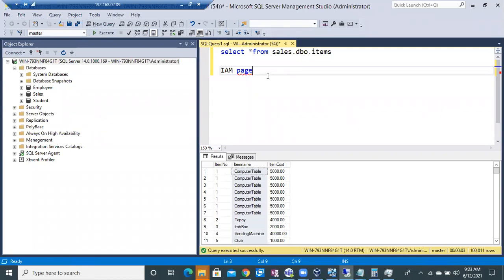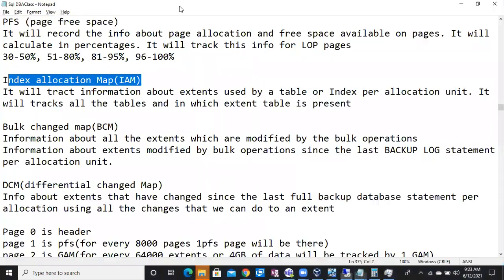When you run select star from items, first it will go to the IAM page. The IAM page will give you all the page information of the items table. So SQL Server will simply load those pages into memory. Fine, right? No issues. That is all about the IAM page.